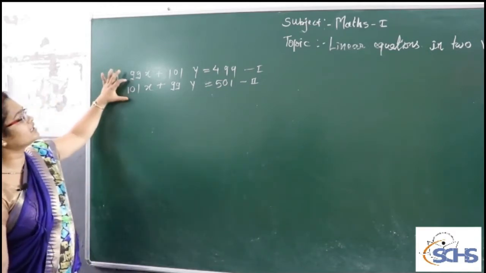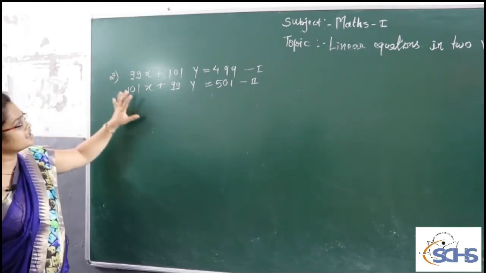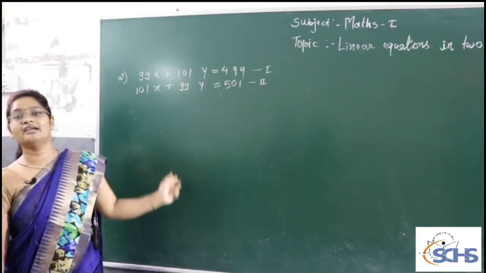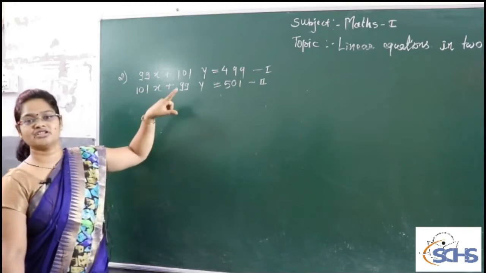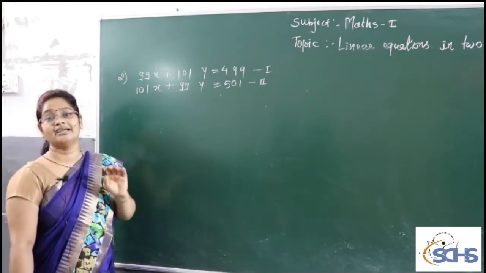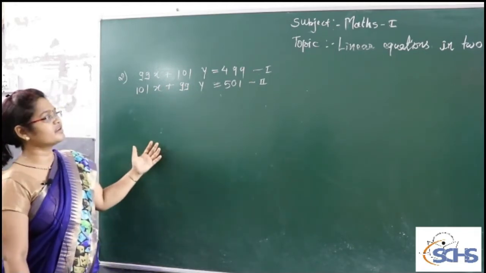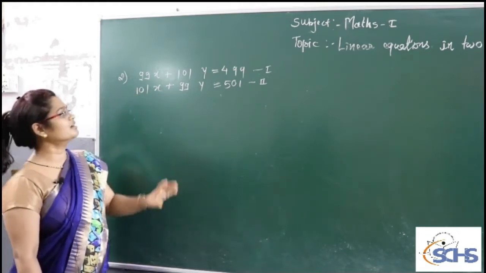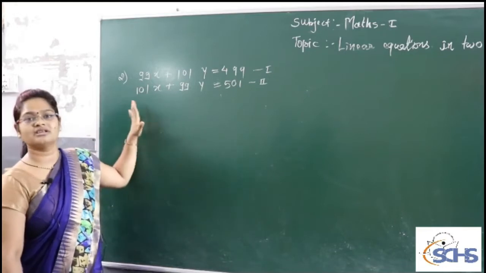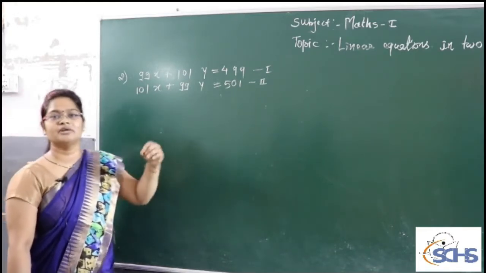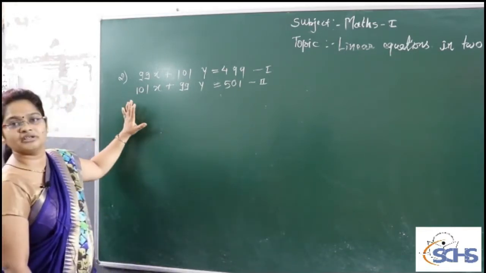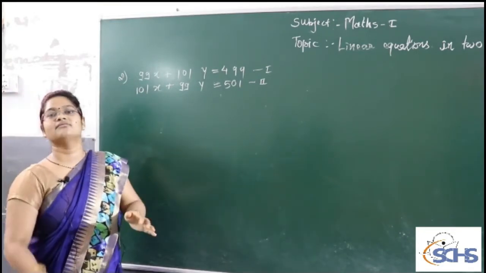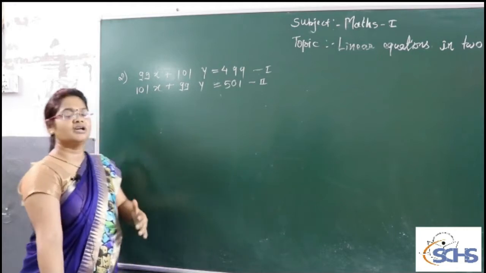If you concentrate on these equations, you will see that in both the equations the coefficients of x and y are interchanged. Now how to solve this? If you solve this by the simple elimination method, it is difficult. For this type of equation we have a different trick. First we will add the equations and subtract them, and we will find two other different equations.